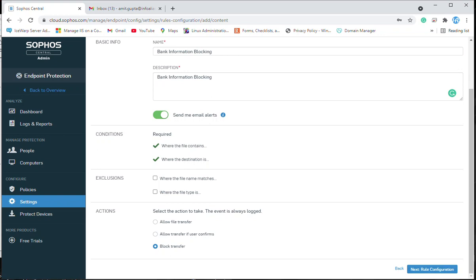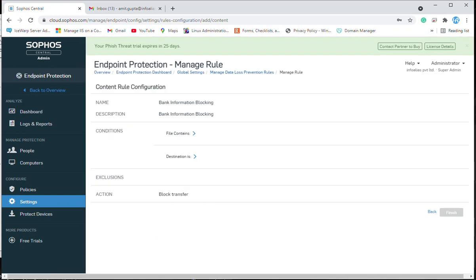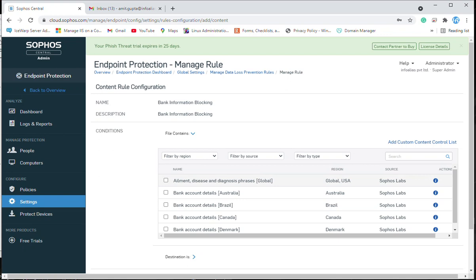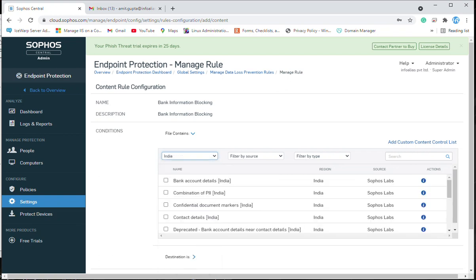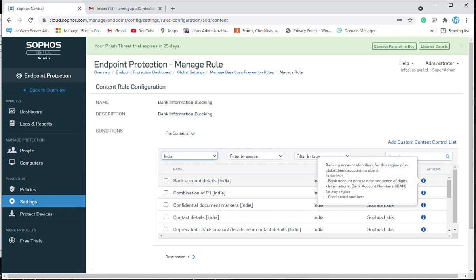Next is the rule configuration, where you need to specify the condition. As I told you, we are going to block credit card or banking information. So we need to select the region, and because we are in the India region, I selected India. And this is the bank account details. In the bank account details, you can see what options are inside.